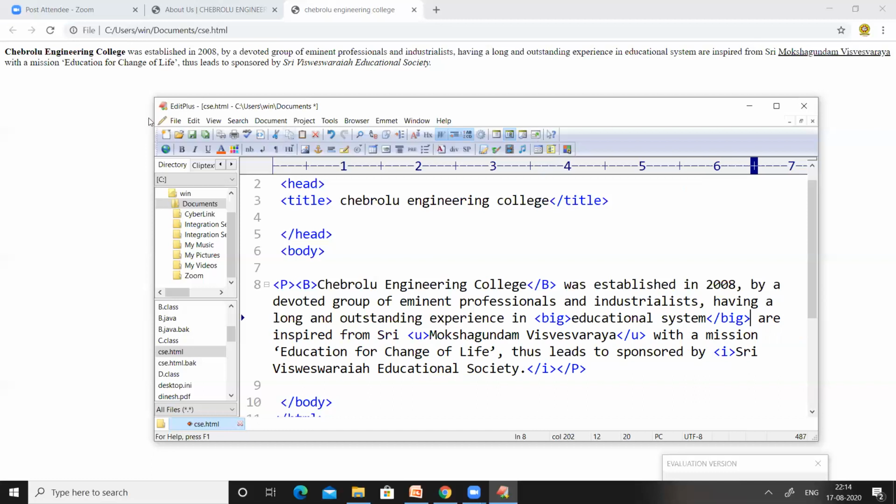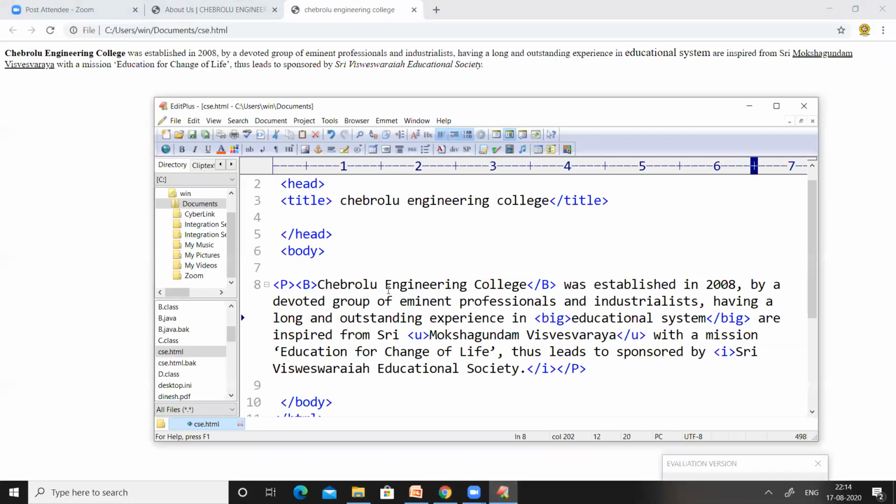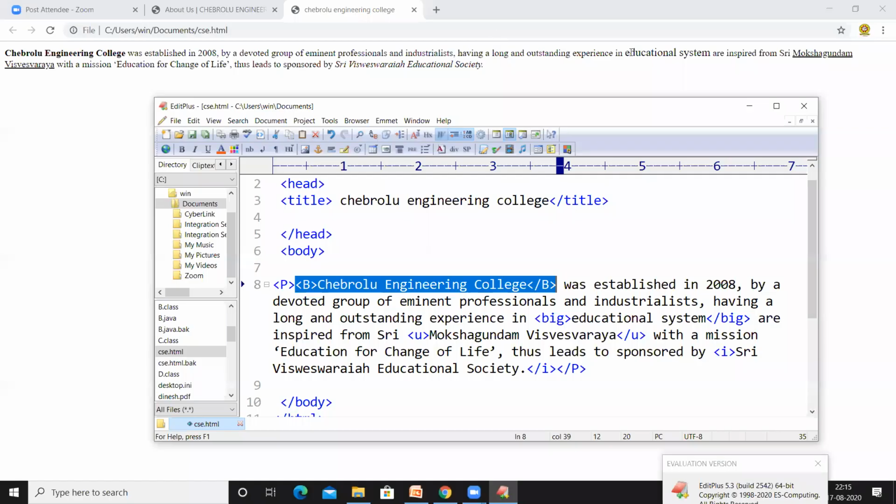So save the program and just press the refresh button. You can see Chebrolu Engineering College, which was bold because it was represented between the start and end tag of B, and then was established in the year 2008 is normal because we don't apply anything to that, by the devoted group of eminent professionals and industrialists having a long outstanding experience.